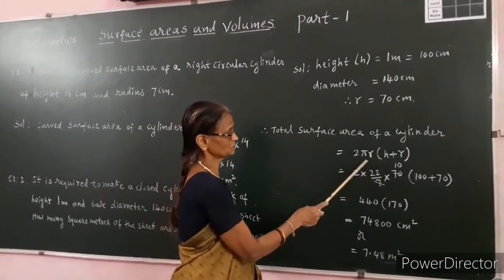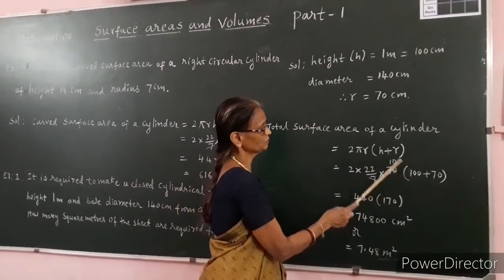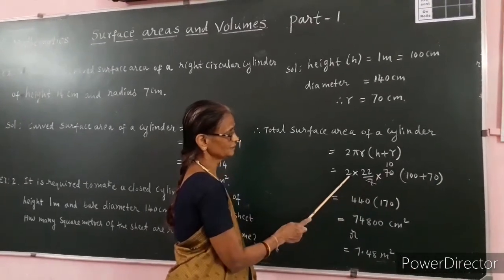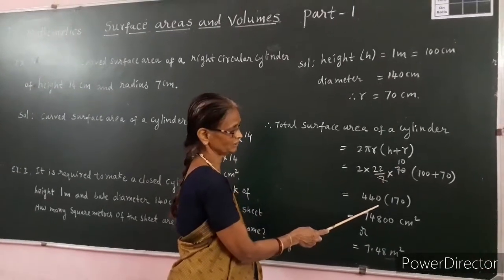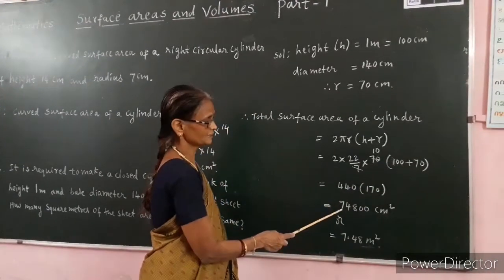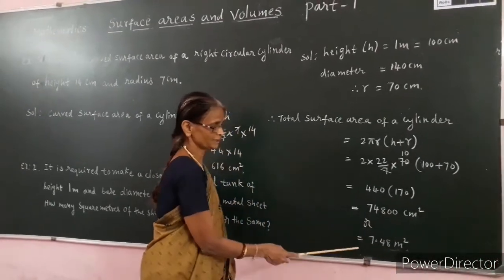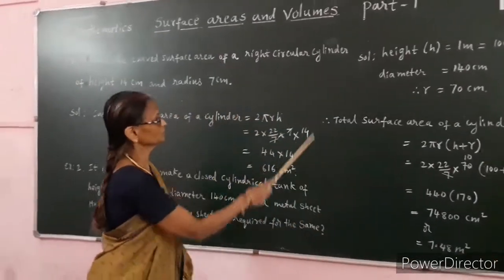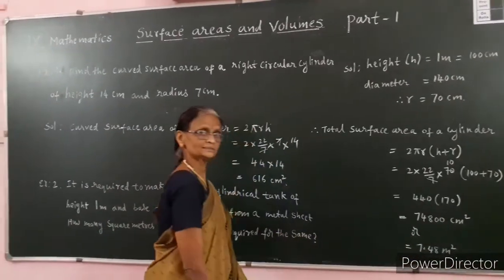Now, total surface area of a cylinder equals 2 pi r into h plus r. That equals, substituting the values, 2 into 22 by 7 into r value is 70 into 100 plus 70. That 7 ones are 7, 7 tens get cancelled. 2 into 22 is 44. 44 into 10 is 440 into 100 plus 70 is 170. Multiplying, we get 74,800 centimeter square. Should convert into meter square, it becomes 7.48 meter square. Therefore, the total surface area of the cylinder is 7.48 meter square. Children,